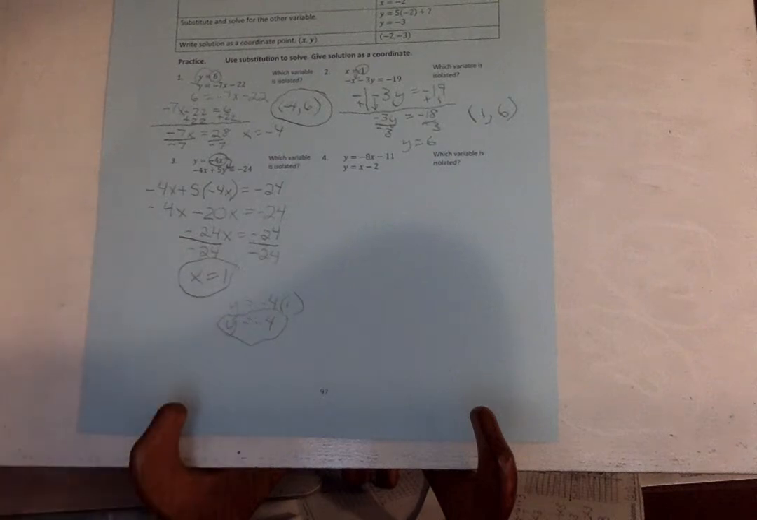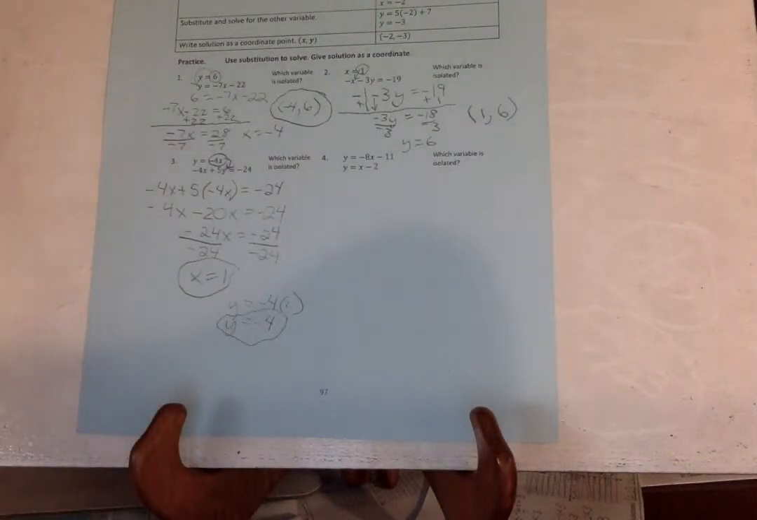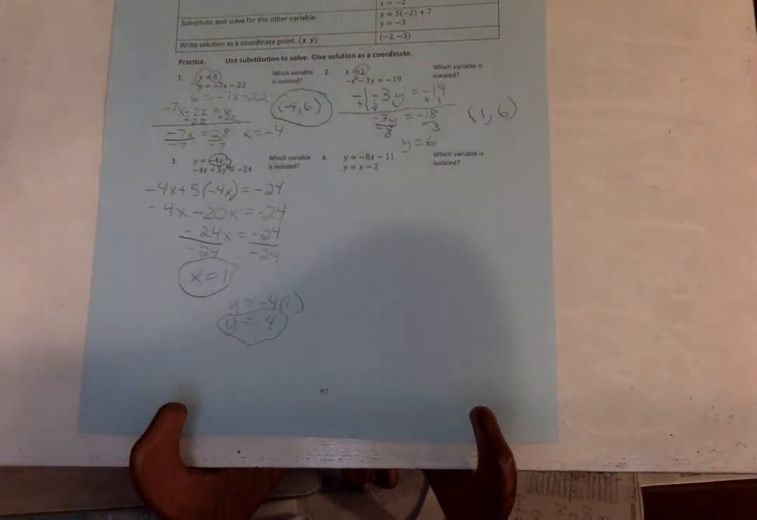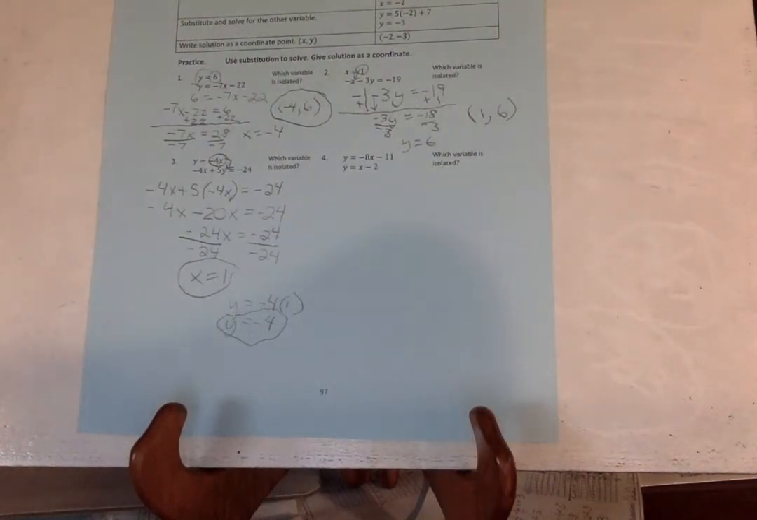So once we have that, we can put it in our ordered pair form so that our solution will be 1, comma,